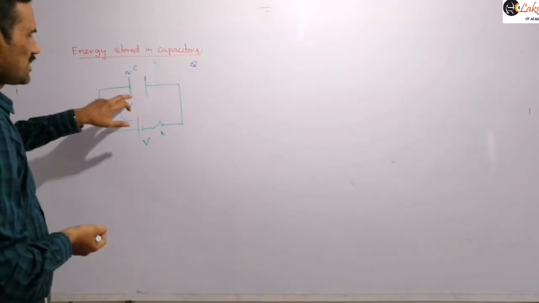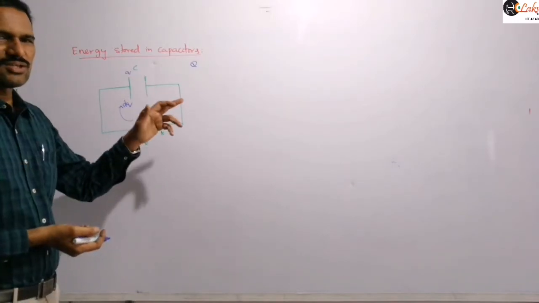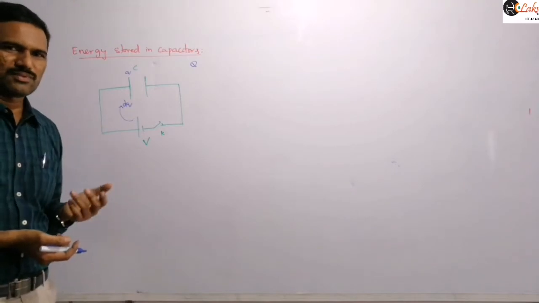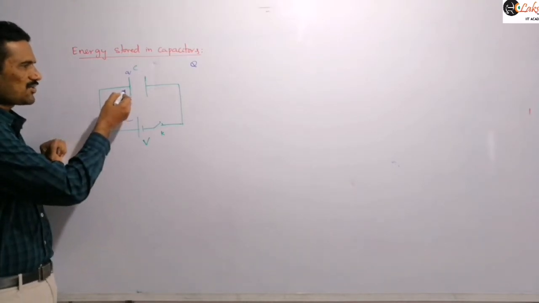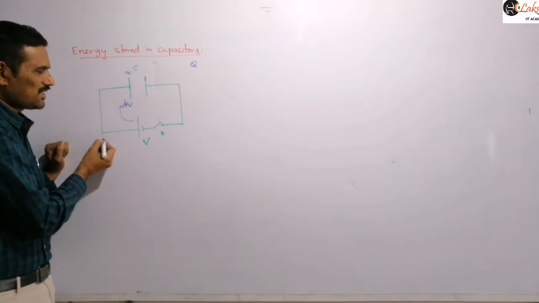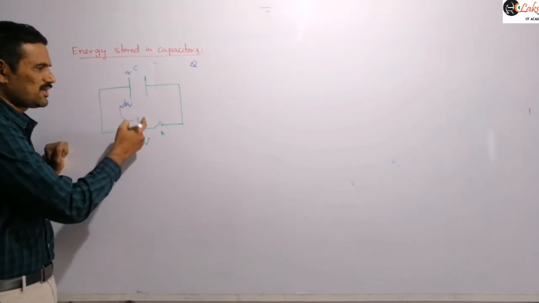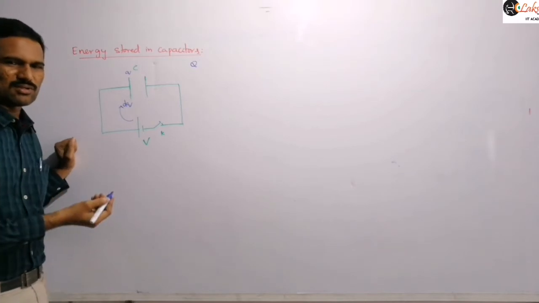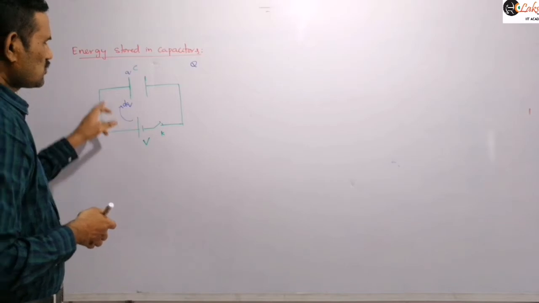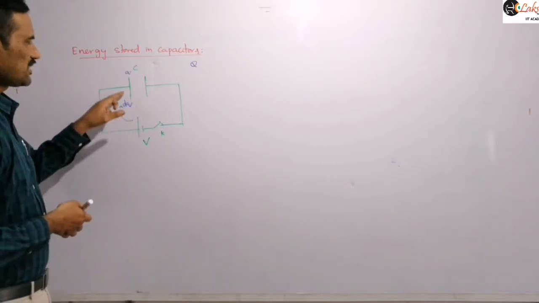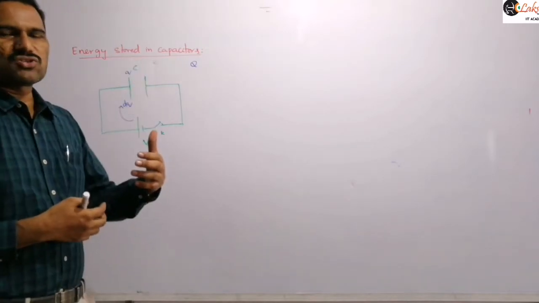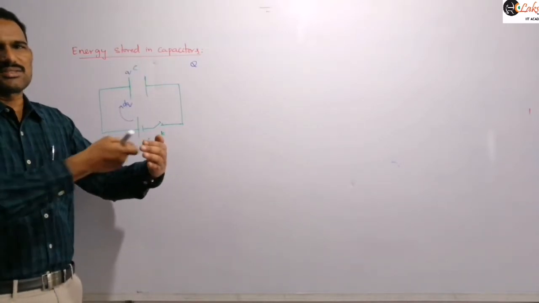Practically, as we discussed, electrons will flow in this direction. Generally, when you talk about positive charge flowing in a direction, you can assume that, right? Practically what happens is electrons flow from this plate to this plate. But here what we are assuming is this battery is supplying some positive charge to this plate and negative charge to this plate, as we discussed in general. So this positive plate, I am assuming, is supplied a charge plus dQ. Now there exists some repulsive force between the already existing charge and this incoming charge.